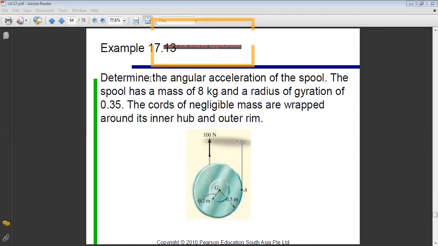So the summation of moment is 100 times 0.7. And we have the moment of the weight, which is in the opposite direction. So minus W times which distance to A? 0.5. Equals IG alpha